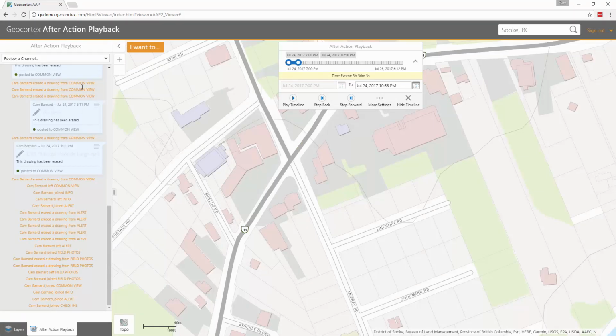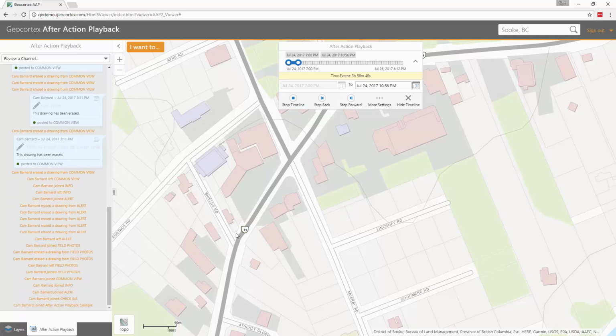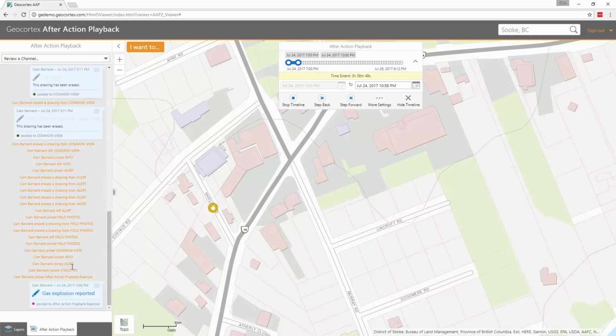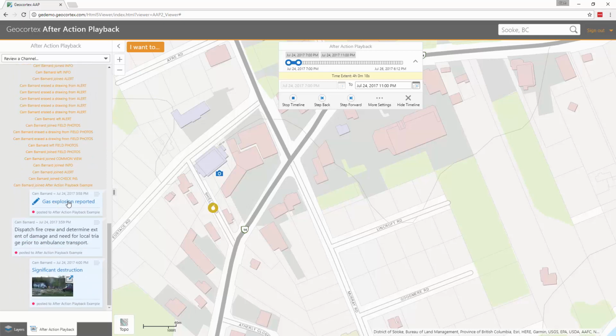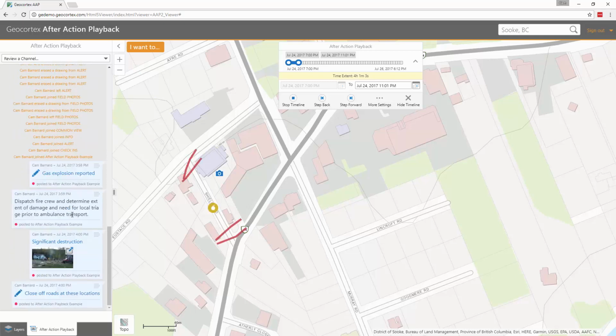Here is an example of that, and what I've done is I've gone ahead and created an example of an after-action playback incident room here in Souk, BC, and I'm going to go ahead and click the play button. It will take a moment to get rolling here. You can see I've joined this channel, and within a few seconds you'll begin seeing what happened back when I did this. So there was a gas explosion reported here. We've dispatched fire crews, and I can still interact with these things to see what we're talking about,